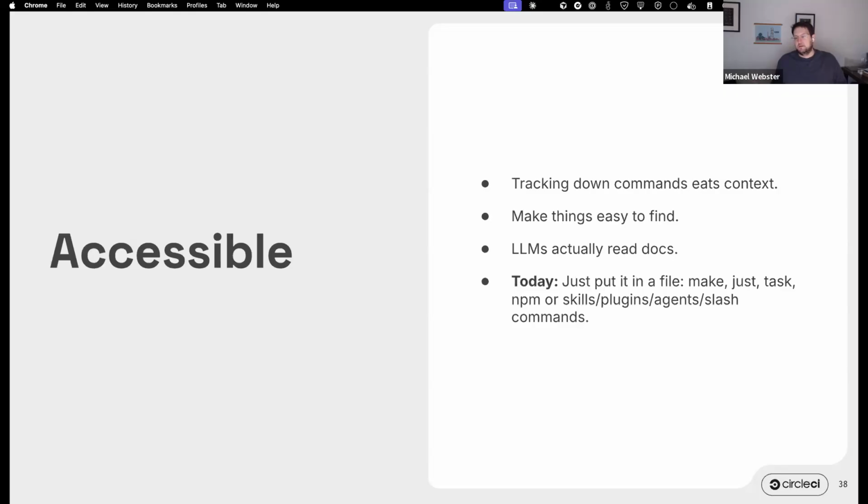Make it context efficient. Anthropic has come out with their skills. Most coding agents at this point have some kind of plugins or sub-agents capability or slash commands. These are all ways for you to say, here is how to achieve a specific task. Here are the prompts that you need to go through in order to achieve it. And so you take a lot of the guesswork out. You're consuming less context because the model only has to use enough context to find what to do, and then it can just go and do it.